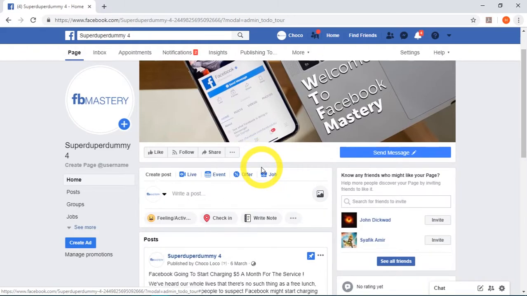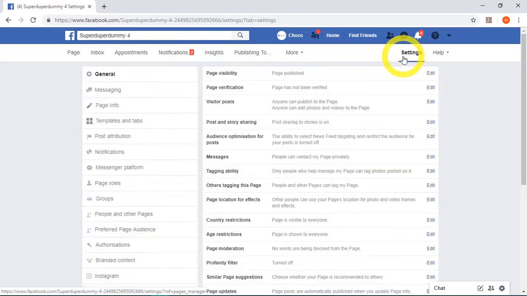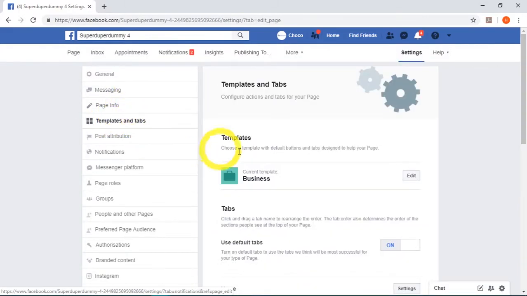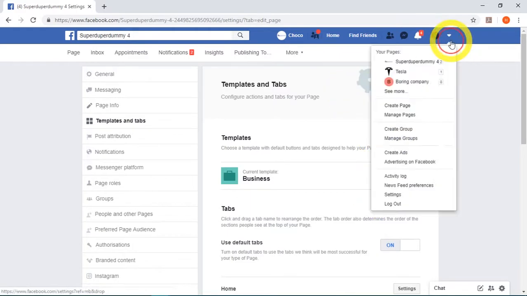And to do that, you'll have to go to Settings, Templates and Tabs, and then make sure your current template is business. Just click edit and choose business. Alright, once that's done, go back to your business page